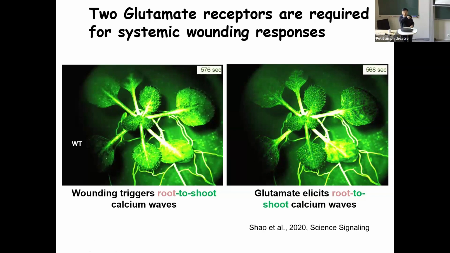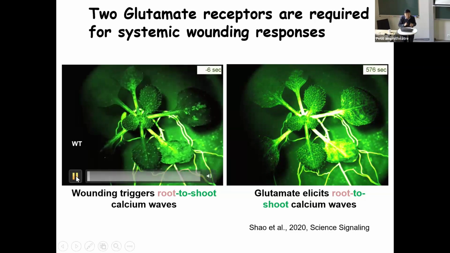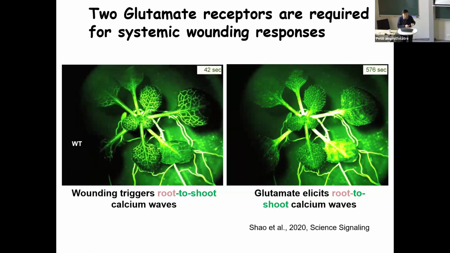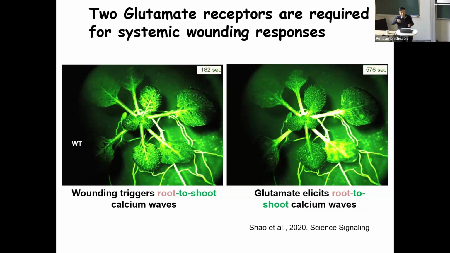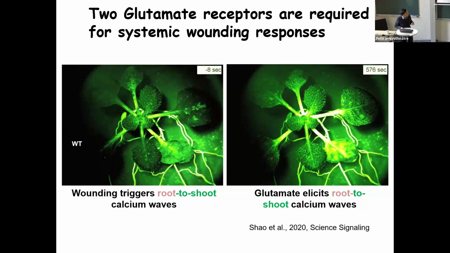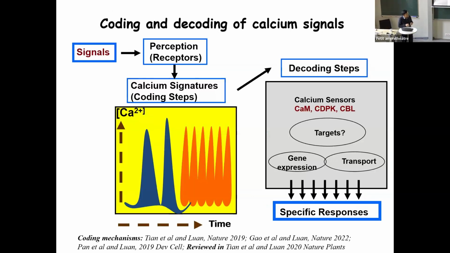So you see it goes up and down very quickly, right? So within a couple of minutes, it's already gone. 30 seconds, 1 minute is pretty much done. So this up and down, the down curve is actually inhibition or desensitization by calmodulin binding to the C-terminus. Okay, so that's a few examples to show you how these patterns are generated at the molecular level and in the different contexts, right?